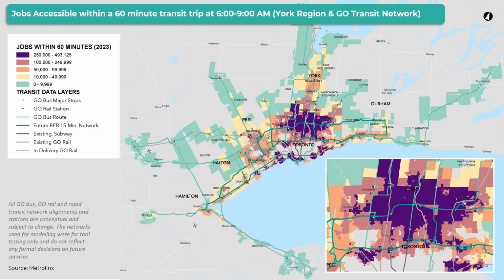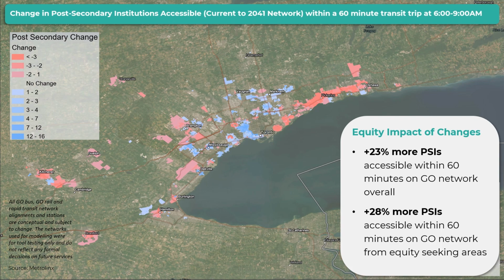And the fourth example we'd like to share is because GO Bus is a very student-heavy network. Students make up a very high percentage of the GO Bus network, approximately 25% of our customers on the bus network, compared to the rail network, which they only make up about 3%. So the demographic of students is very important, so we wanted to test the impact of travel to post-secondary institutions. Now, what I'm showing you here for simplicity is the delta, that change map, from the existing network to the future network. And you'll notice there is quite a bit of red, which is bad.